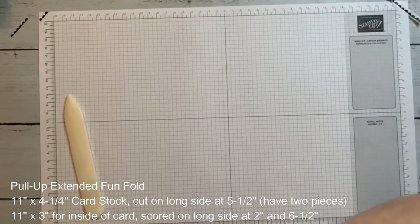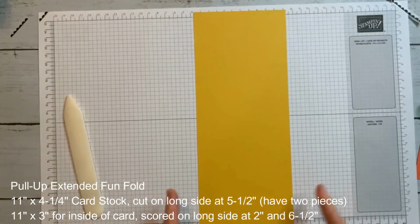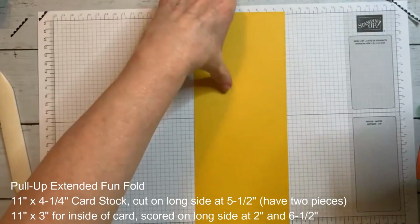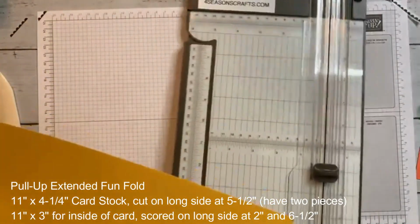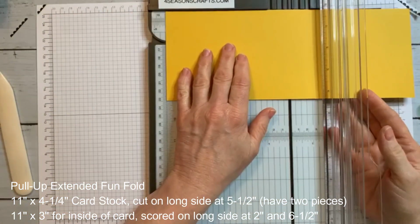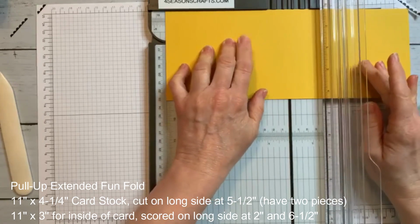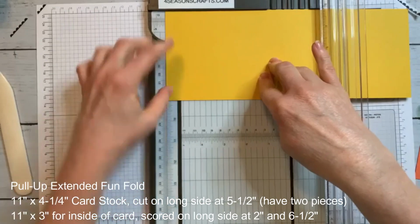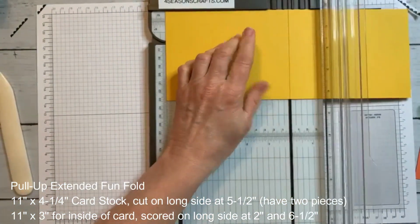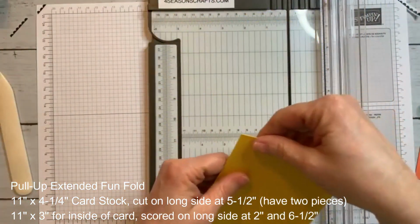All right. So the first thing we need is a piece of 11 by 4 1/4 inch paper. And for this one, we actually cut it right in 2. Oops, I'm moving my trimmer there, like I'm going to put the paper in. Okay, so we're going to cut it at 5.5. So remember it's 4.25. So we're going to cut it at the 5.5 inch mark. Typically we would score it, right? This time we're going to cut it. So now we have 2 pieces of